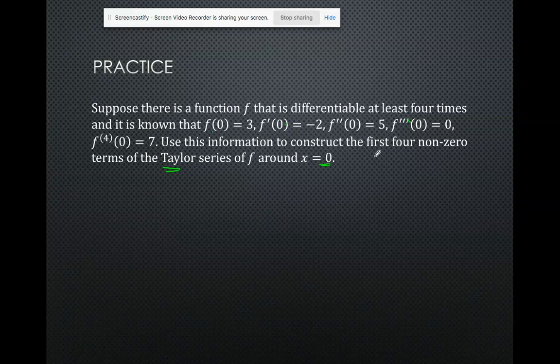So notice here, you can't use Taylor's formula. You can't find derivatives because no one told you what the function was. But you do need the formula to know that f of x is exactly an infinite polynomial, where it is the function evaluated at the center, plus the first derivative times x to the first over 1 factorial,